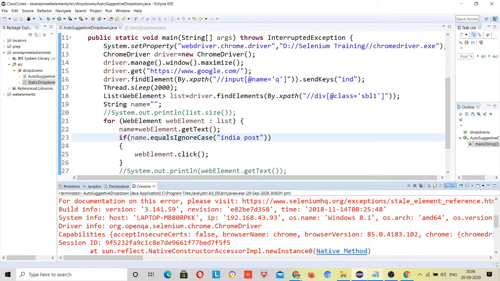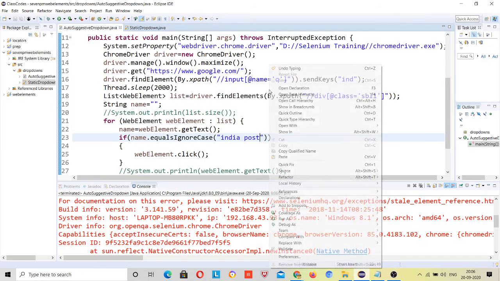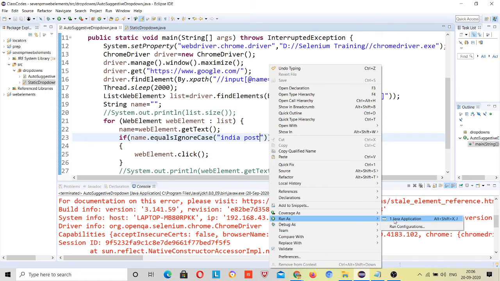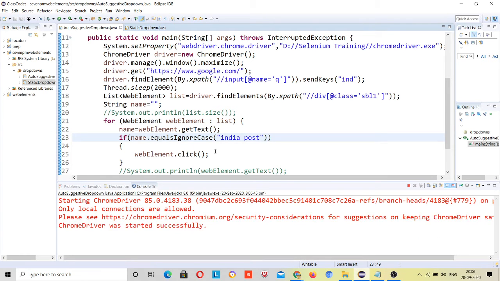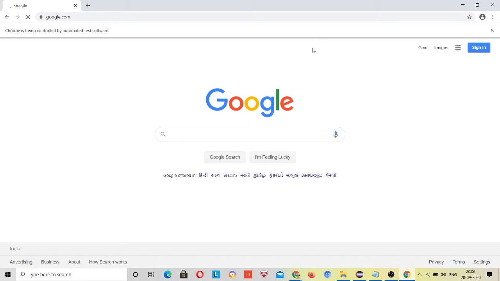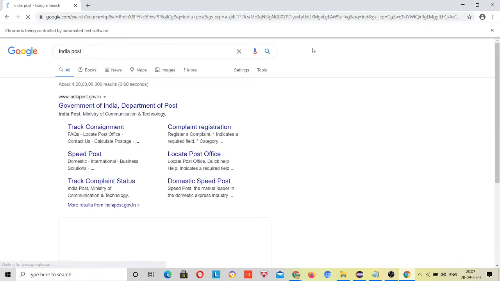Leave it. I have closed this, I hope. Again I will run this and it clicked on India Post, right?